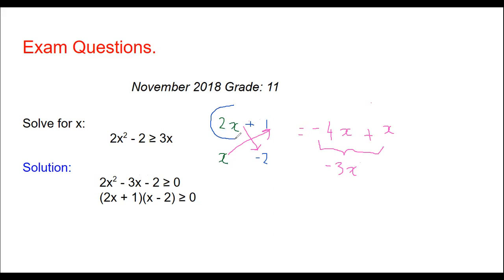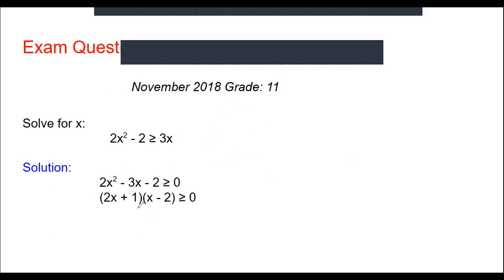So you have 2x plus 1, and you have x minus 2. That's how you find the factors. Okay, so we have our factors, and by solving the quadratic equation, we'll have the critical values x is equal